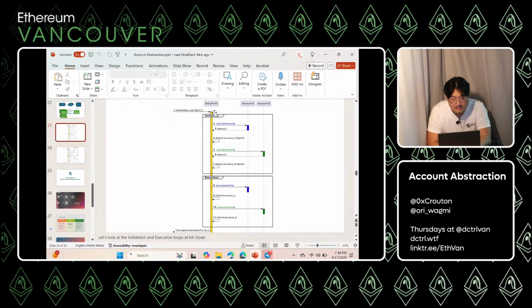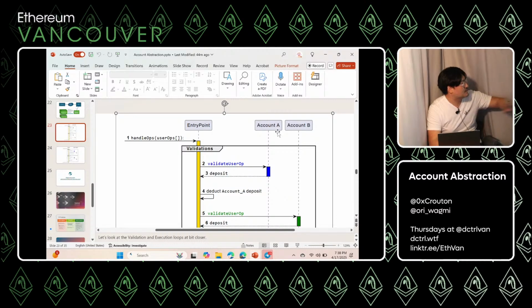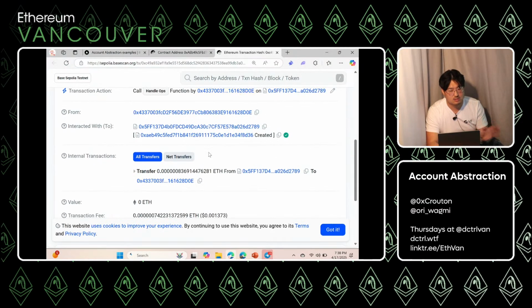So in this section, right? If this account doesn't exist yet, the entry point will actually deploy the contract. It has a smart account factory that it calls into with certain call data that will deploy a smart contract. So this account is always guaranteed to be there once it gets to this validate user op stage. If it doesn't exist, which in my case it didn't, the entry point as part of the call to handle ops will actually deploy the initial smart contract. I guess there's some default implementation, which is very small, that we're looking at.